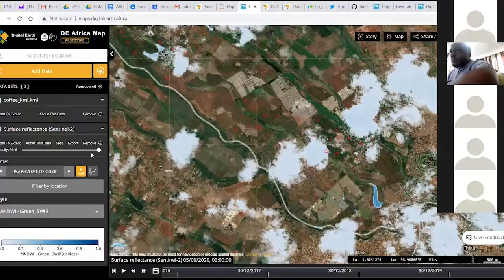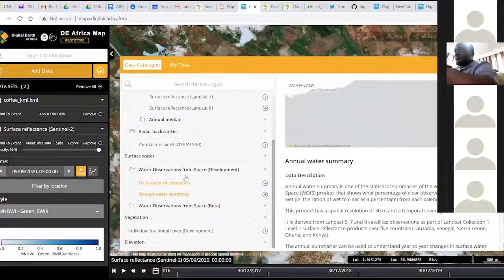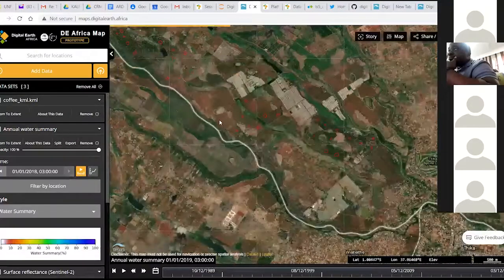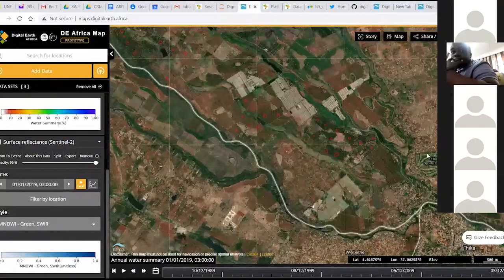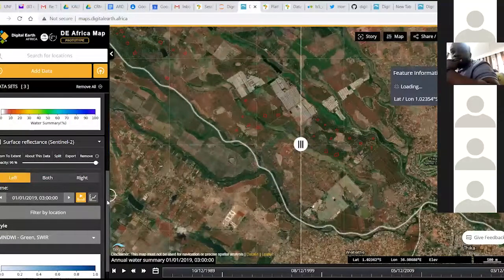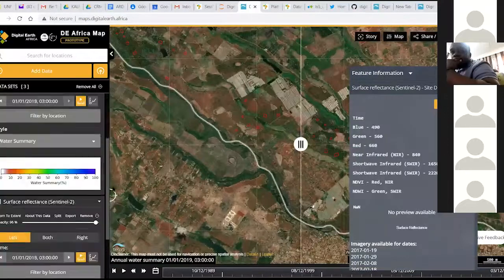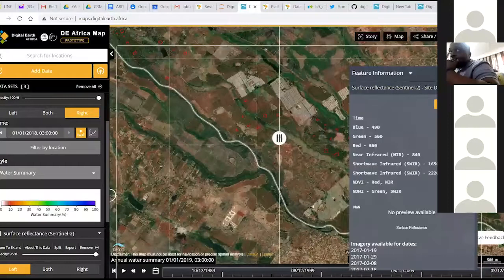And also Edward can show you how you can add even more displays. You can add several displays, looking at whether I can add the water product. So Edward, which one did you use? The one on the water summary, which I can put here, and I can choose to put one of them on the left, the other one on the right. This kind of display will make your life a little bit easier in terms of looking at what we have, and also getting a feel of the tool as you move around with it.